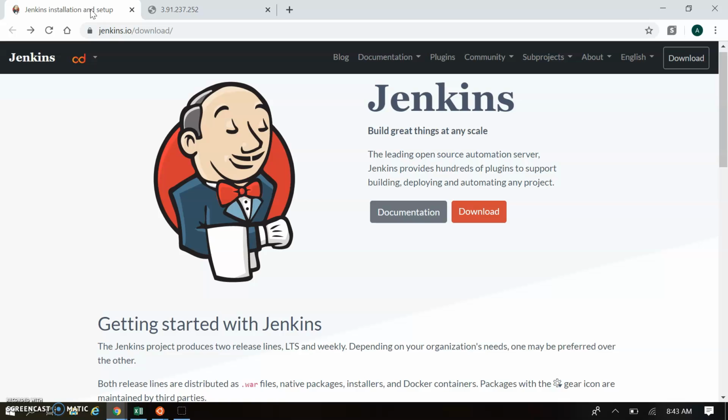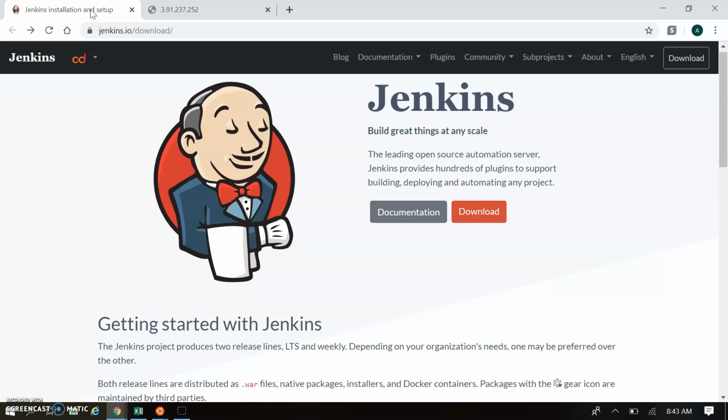We'll see the Jenkins installation in this session. So how to initiate the Jenkins installation, let's have a look. We are taking the example of installing Jenkins on the Linux platform. Basically we are using the Red Hat platform over here, so we will see all the commands compatible with Red Hat.